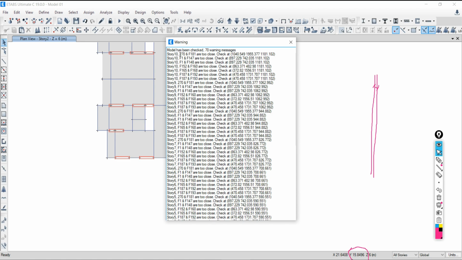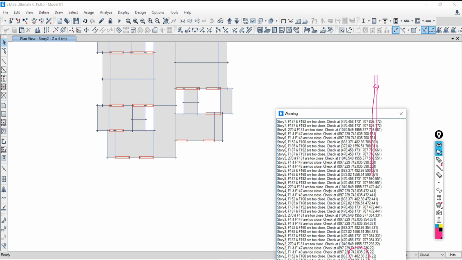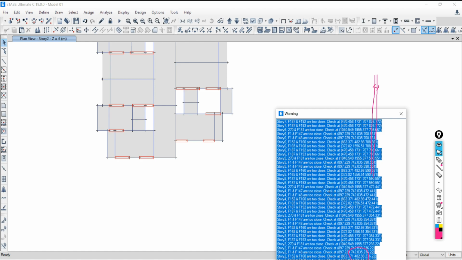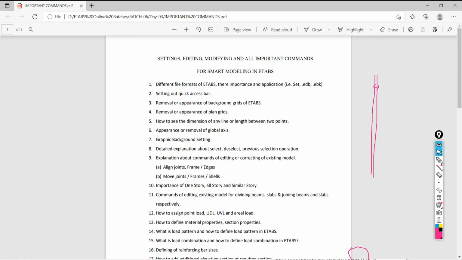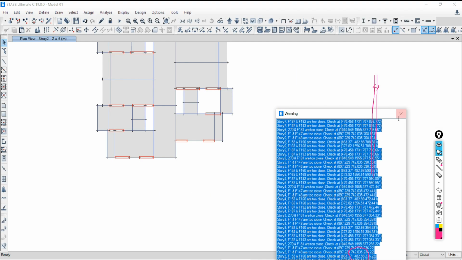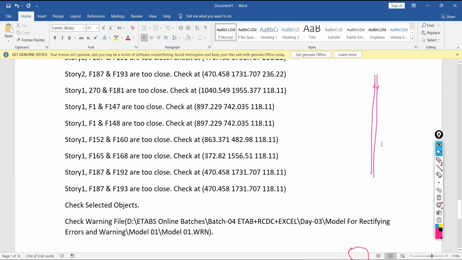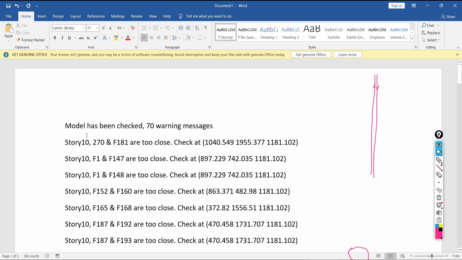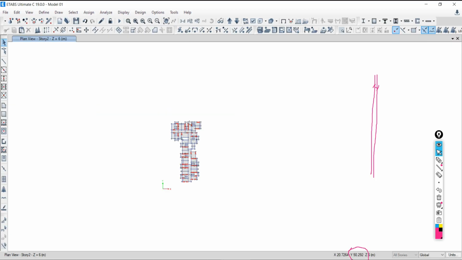There is some problem with joint 270 and F181. Where is this? F181, floor F181. First copy all this. Copy this and save this. Yes, 270 and F181.